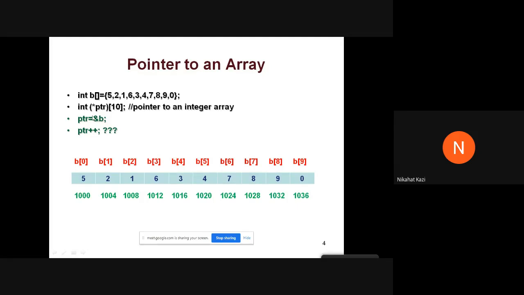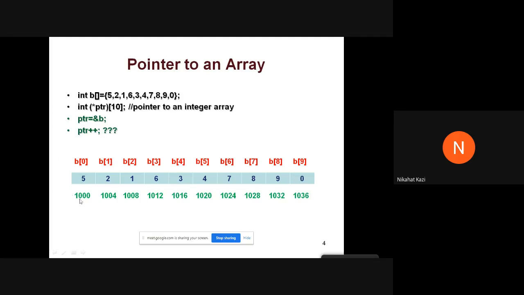The answer for the address will be the same, but remember that this pointer is a pointer to the entire array. So if you advance this pointer, if you do a PTR plus plus, what should it be? It points to the next memory location, right? It always points to the next memory location when we do a pointer plus plus. But now the next memory location as such will be the next array, the next set of 10 integers. So when I do a PTR plus plus, it will automatically point to something after this, after 1036. Okay, so this is your scope of the entire array.